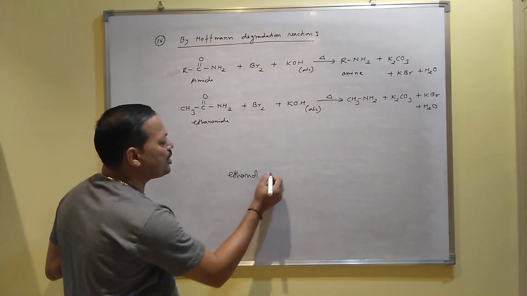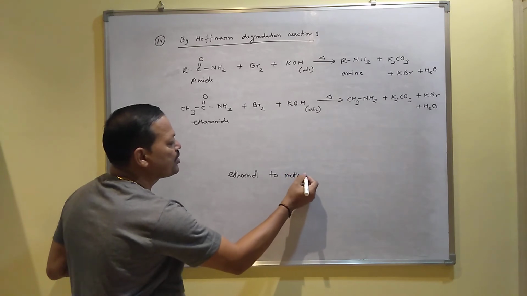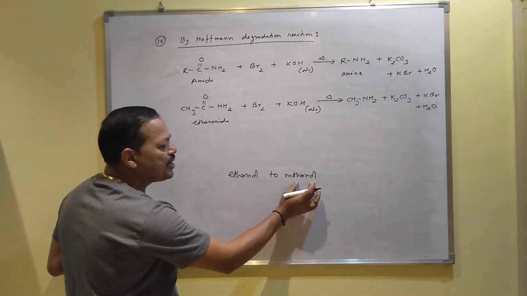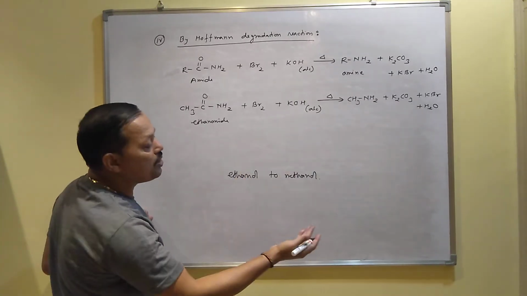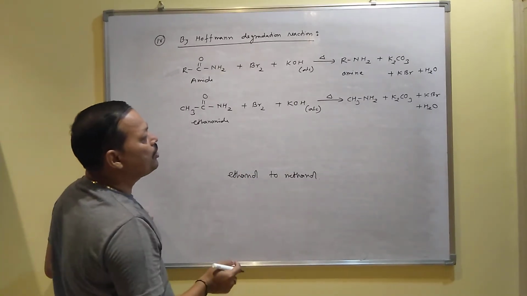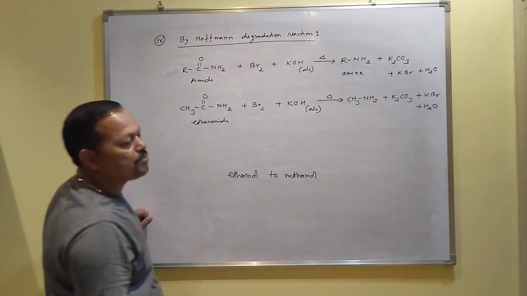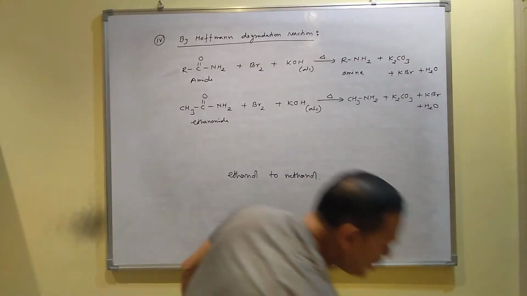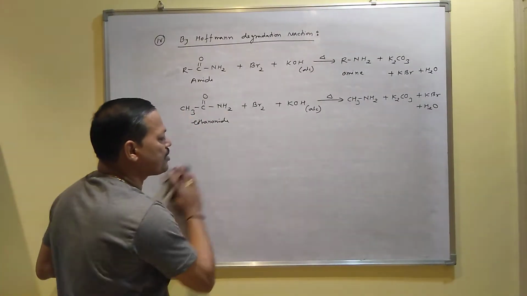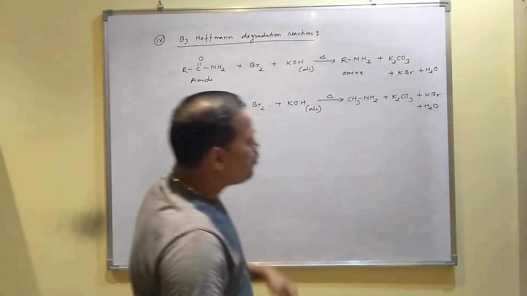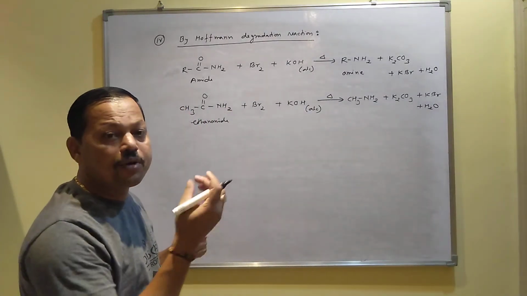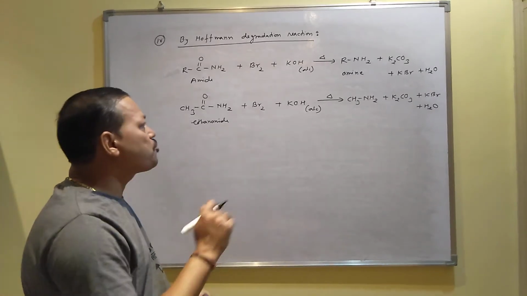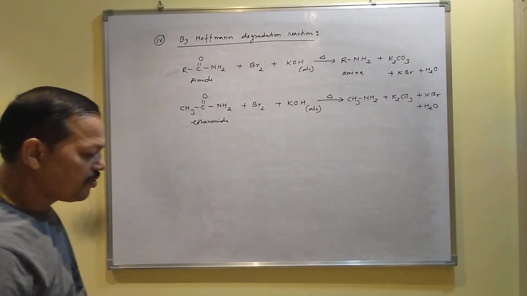This reaction is specially used for conversions like this. If you want to convert ethanol to methanol, ethanol contains 2 carbons, methanol contains 1 carbon. I mean you have to reduce 1 carbon. To reduce the carbon number, you can use this reaction. So that is why this reaction is very important in conversions to reduce carbon. If you want to increase 1 carbon in a conversion, then you can apply cyanide. Cyanide increases 1 carbon, and if you want to reduce 1 carbon, then you apply this reaction.